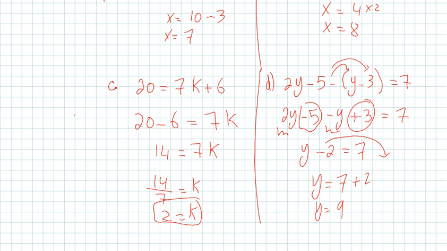Alright. I want to give you a couple minutes to try the next one, because the next one is similar to this, but it's a little bit higher level. Okay? Similar idea. You have y's on both sides, so you want to bring the y's on one side. So do the first step, right, which is to remove all the brackets. Okay? And then after that, you want the y's on one side and you want the numbers on the other side. Okay? Try that. Let's see what you can get to, and then we'll come back and do it on the